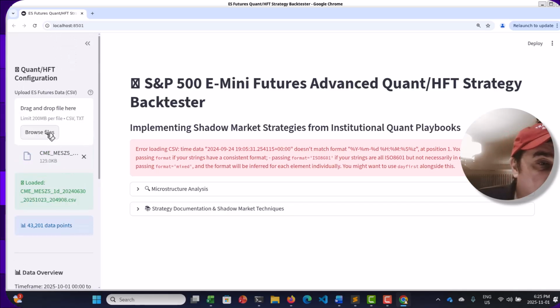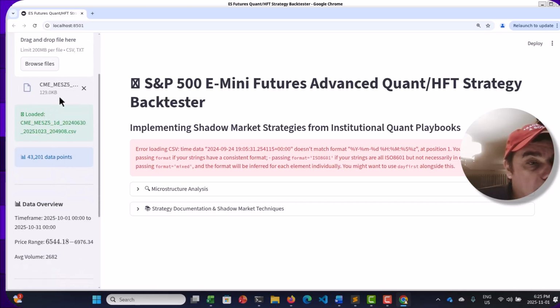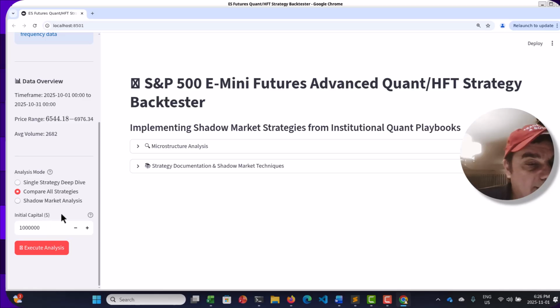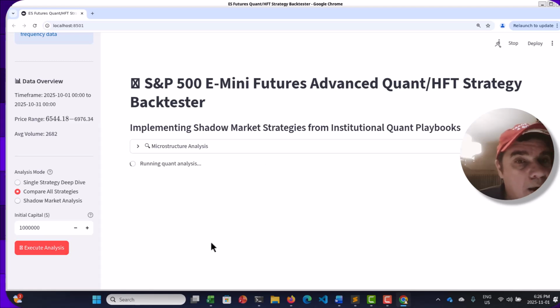Anyways, you know what? I'm just going to skip that. I believe I can load in synthetic data. So what I'm going to do here is use synthetic data, in this case just random data. Let's see if that works, because it comes away with some very interesting data. If not, I'll just move on.